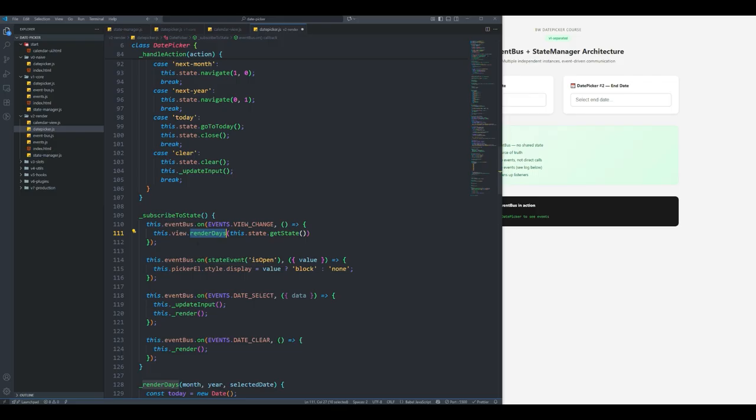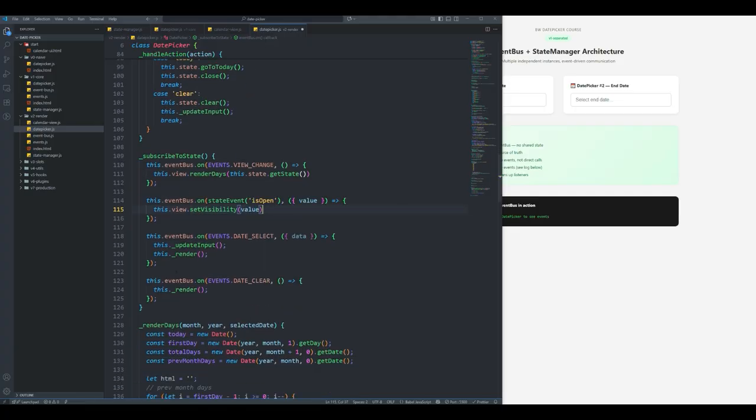Next we have the visibility. We say is open, value is here. Now we can call our method from our view. We'll say view dot set visibility, and we set the value here. We just pass the value. So visibility is handled. Next we have the date select,